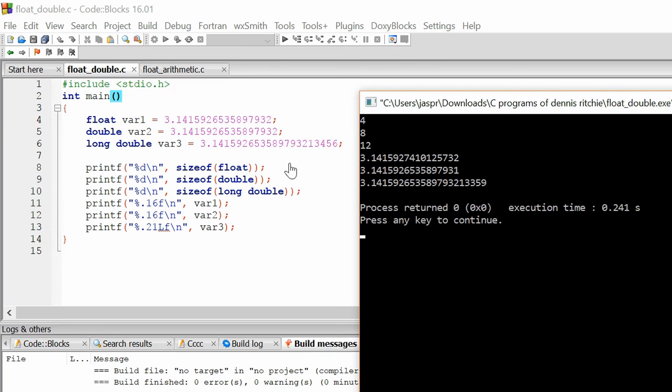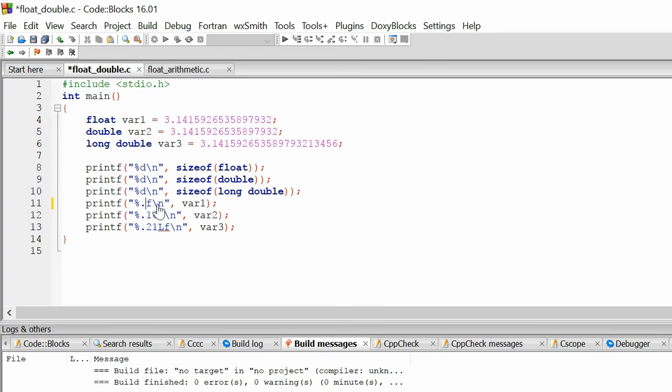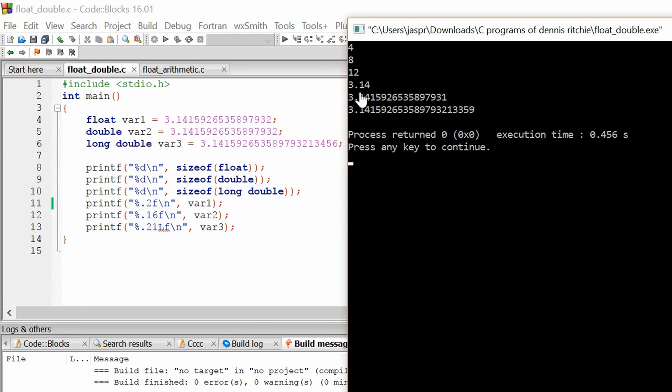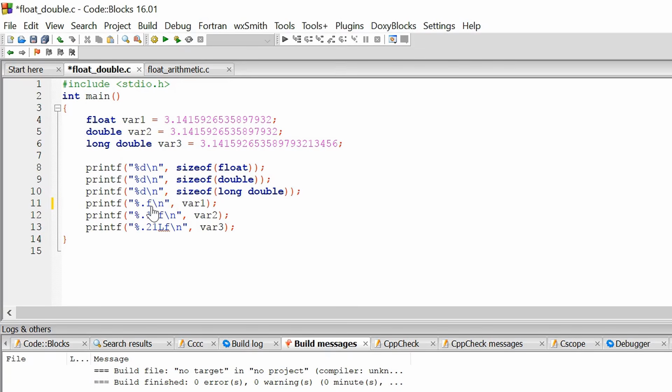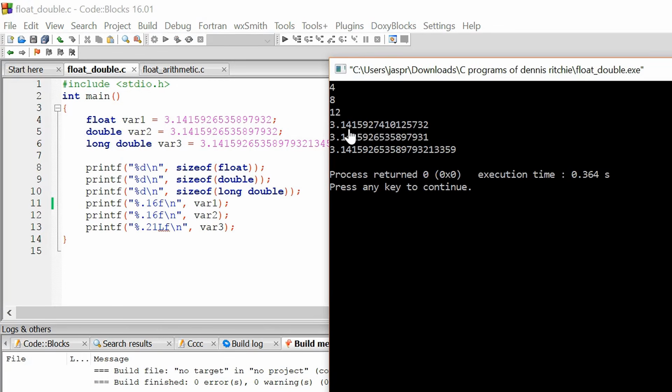We can print the contents of the float variable by using %f over here. Here %0.16f means that after the decimal point, I need to print digits 16 places long. Like if I want to print only 2 digits after the decimal point, then I will put 2 instead of 16. And let's see the output. Here you can see after the decimal point only 2 values are getting printed. That is what it means. If I change this to 16 again, then this is what it prints. Up to 16 decimal values it will print.